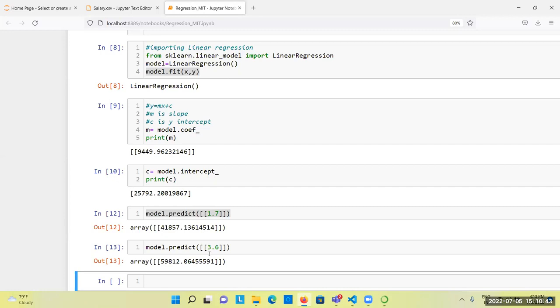Then if you want to find out the error value, actually I have explained about some error value, right? So for that I need to import some library from sklearn itself. I need to import some library, sklearn.metrics import